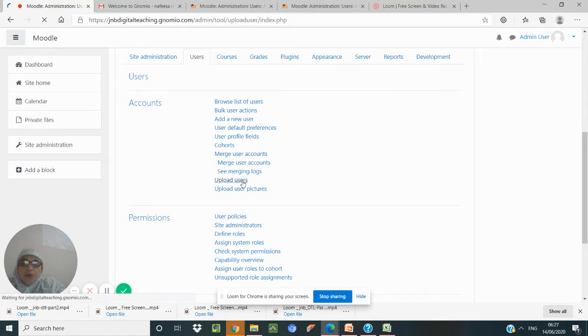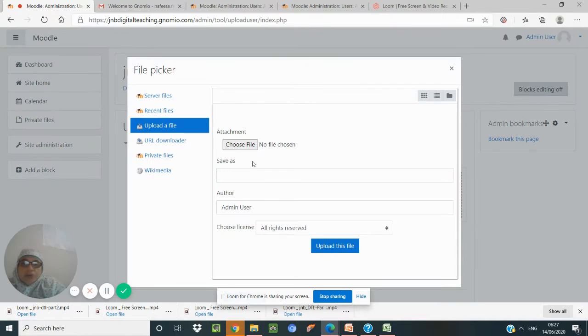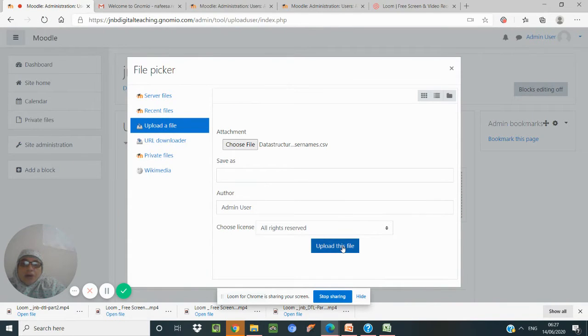When you click upload users, you will have a choose file option where you have to choose the file or drag and drop. I am choosing a file. I have put it as data structures, username CSV. So open, upload,